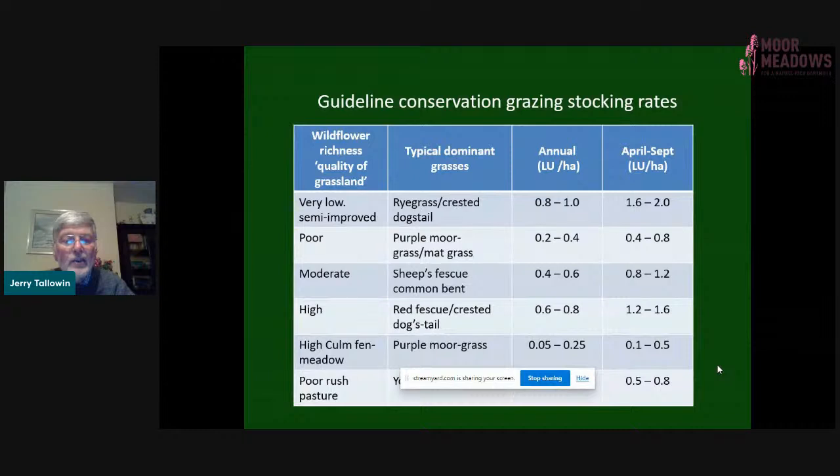The really species-rich grassland, what we call fen-meadows, in National Vegetation Classification terms, the M24 communities. Again, purple moorgrass is a key component, but should not be the dominant grassland type. These fen-meadows support very low both annual and summer stocking rates. And I'll deal with this particular community in a little bit more detail shortly. And then, of course, you've got the species-poor rush pastures. Again, we have an abundance of those throughout central northern Devon. And those, in fact, have a